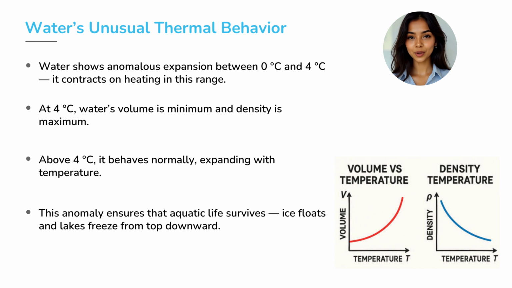Why is this so important? Because it's nature's life-saving trick. When a pond or lake cools in winter, the water on top becomes colder and denser until it reaches 4 degrees Celsius and sinks. But as it cools further below 4 degrees, it becomes lighter and stays on top, eventually forming ice. That means the water at the bottom remains at 4 degrees Celsius unfrozen, keeping fish and aquatic plants